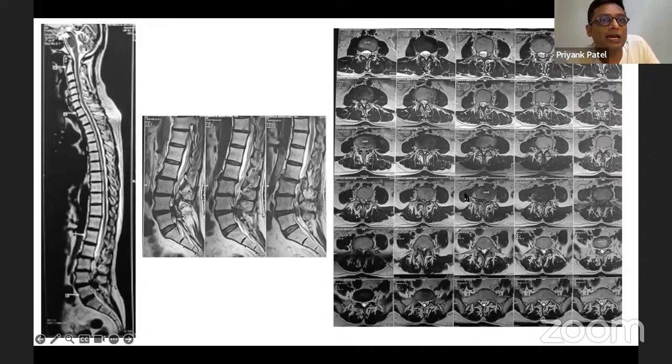Now let's go to the 2-3 level. At 2-3 level, would you want to decompress? Not so much because it does not look that stenotic. There's mild stenosis. If this patient comes to me only with this thing in the MRI, we would definitely not operate. So this is the level where there is a borderline question of whether you want to decompress or not. In this situation, we do something called undercutting.